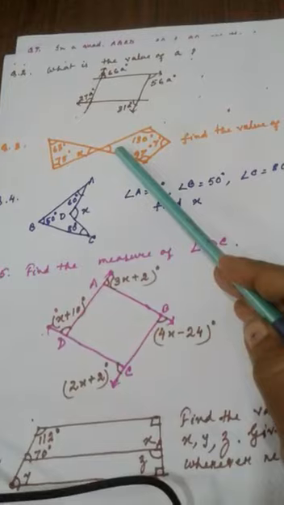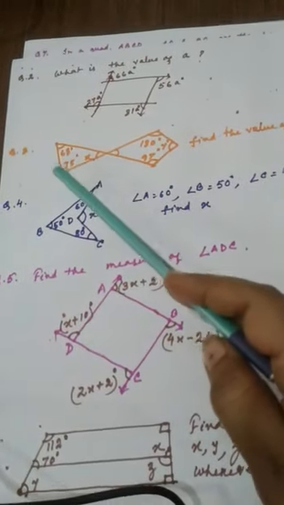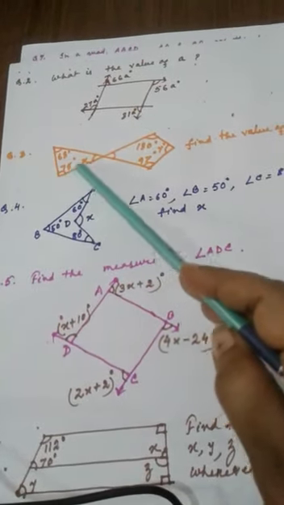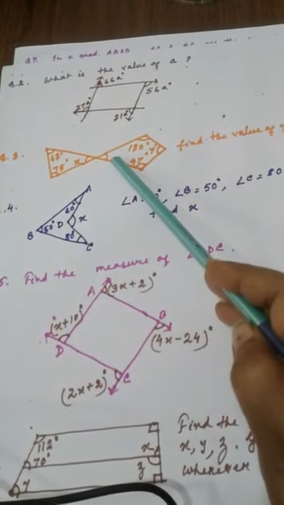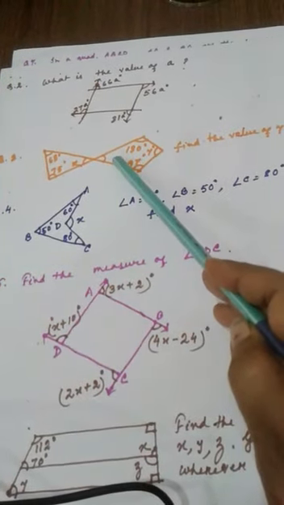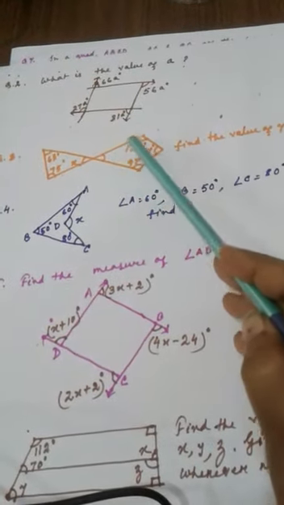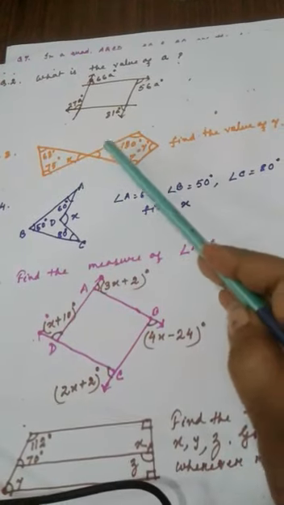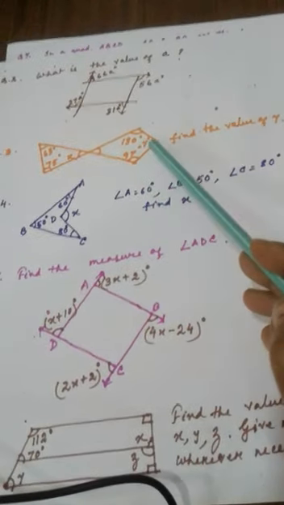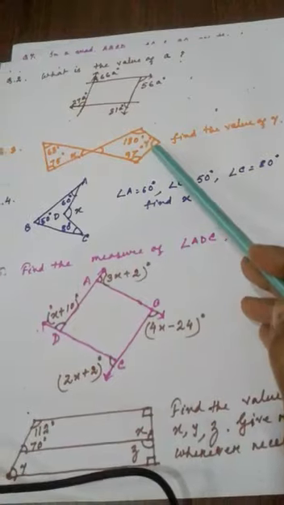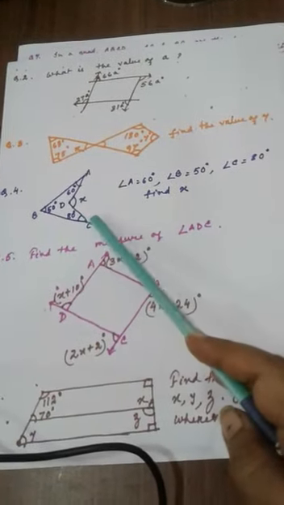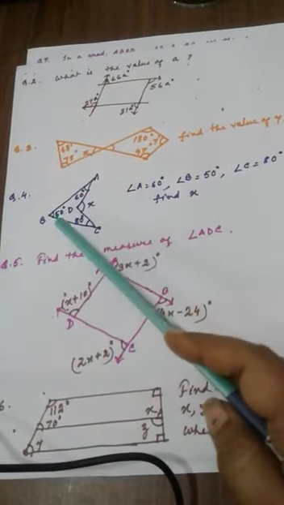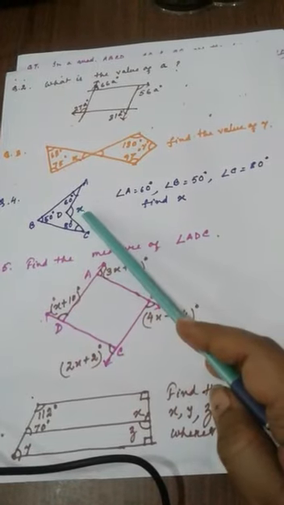It's up to you. So from here, first you find the value of X, then you find the value of Z, or whatever name you give. After that, from this quadrilateral, you will have all three angles, so you find the value of Y. In this sum, three angles are given. You have to find X.